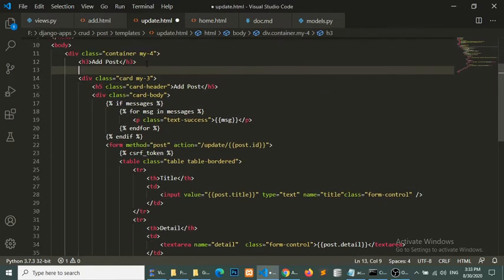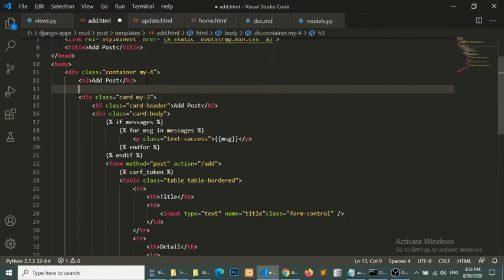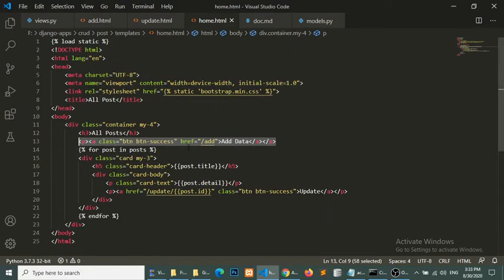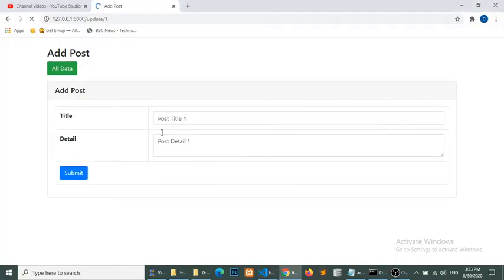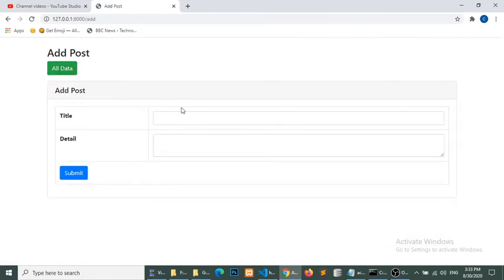We need to put this above the card. Now this is fine. So all data, update all data, add data. So now we have performed our create, read and update functionality.